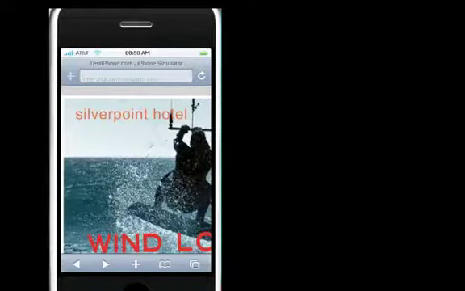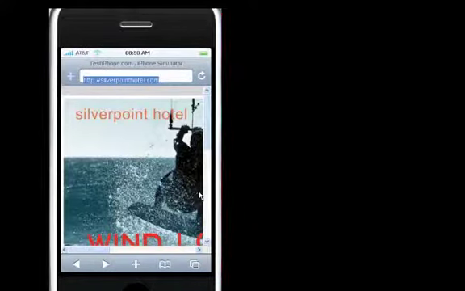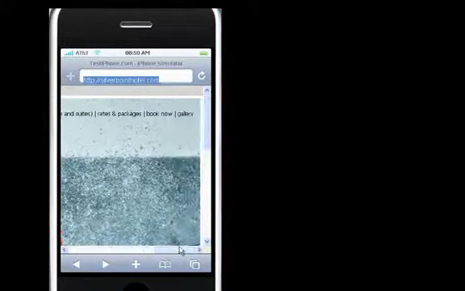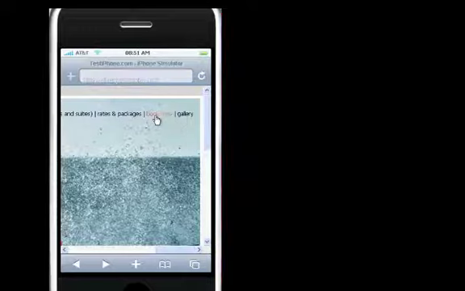Okay, we're going to look at a couple of websites on the iPhone. These are websites that have not been designed for the iPhone, and we'll just take a peek around and see. First of all, as you can see, this is only a fraction of the website, so I have to find my way around here and find what I want to do, which is go to Rates and Reservations, Book